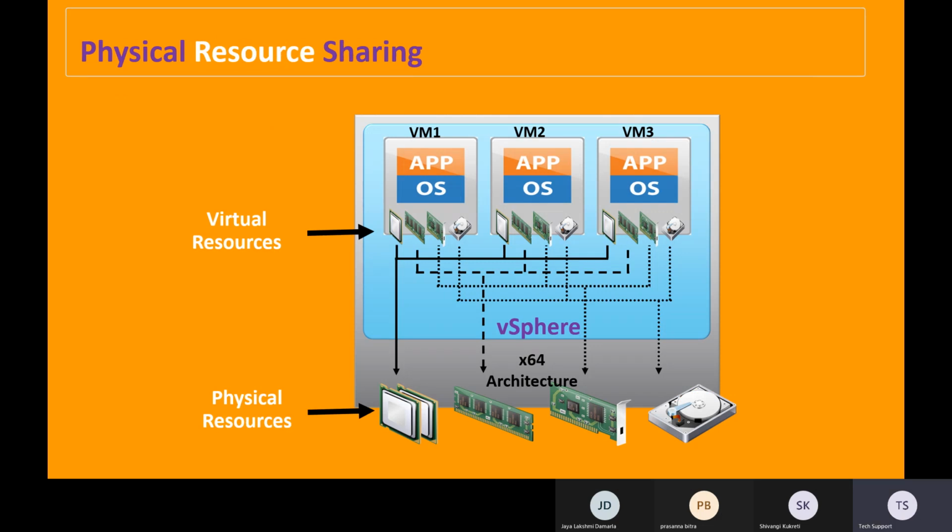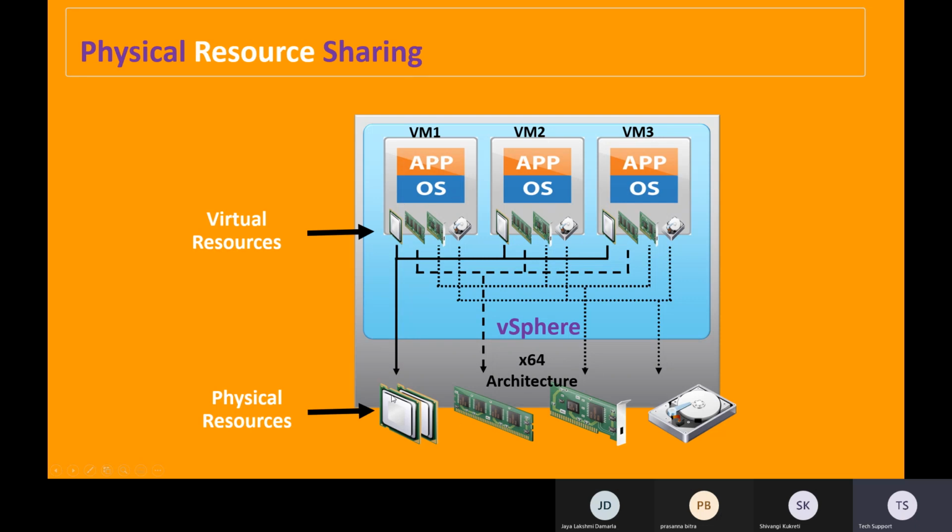Now, another topic is physical resource sharing. Wherever you create the VM, either on VMware Workstation or on an ESXi server, the virtual machine's CPU, memory, disk and NIC are always completely shared from the physical system. In this diagram, physical resources are common: CPU, memory, NIC, network interface card, or we call it network adapter, and also the disk. Whatever sizes you have, only the available sizes can be shared to the virtual